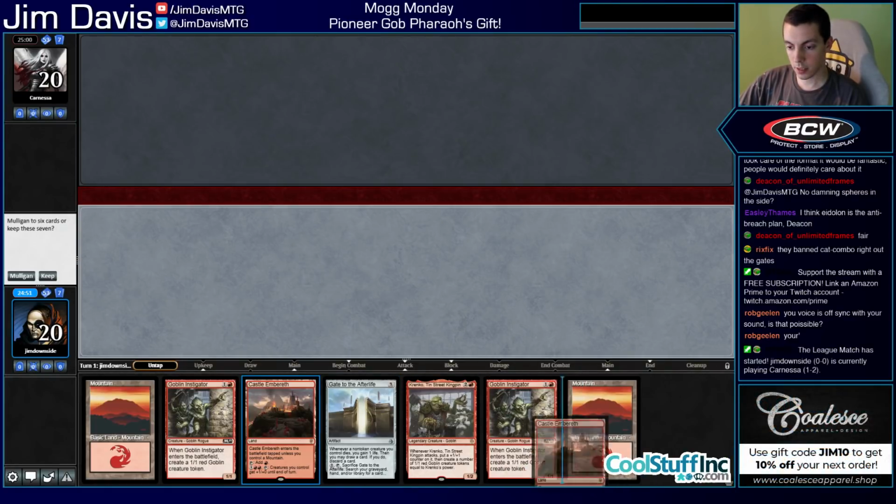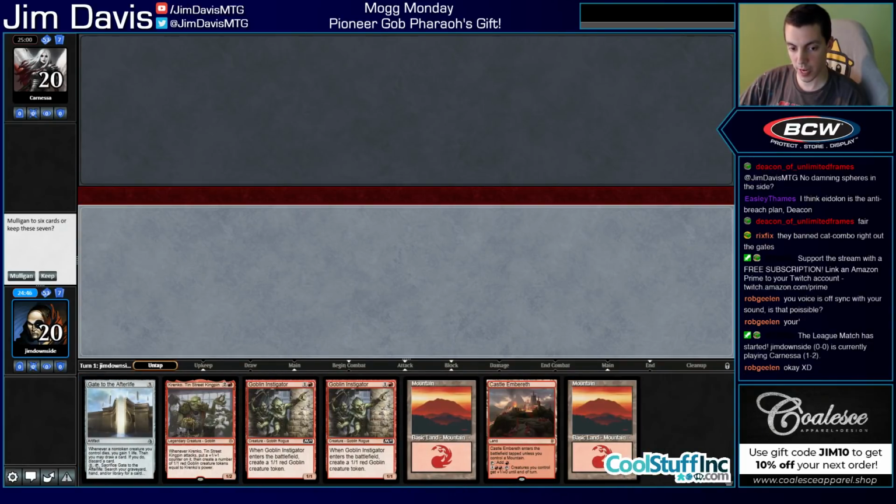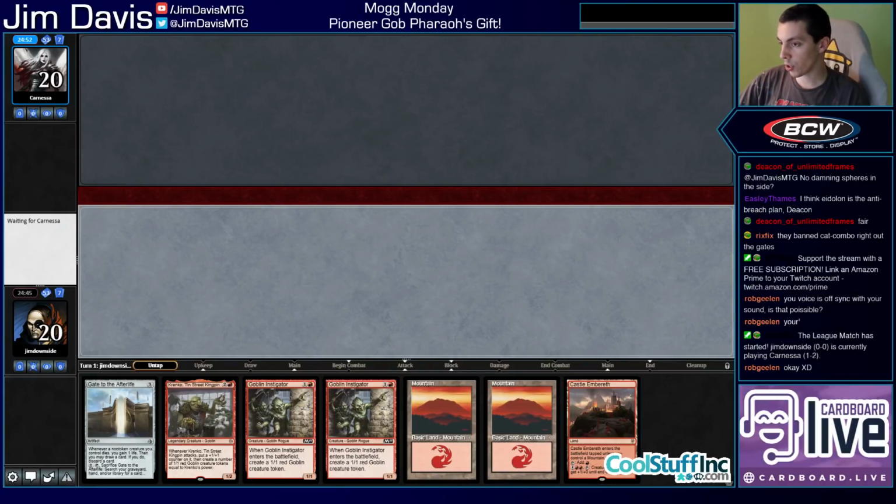Won the die roll. And it is not amazing, but we have Gate. Double Instigator. This is fine, we can keep this. We also have Cranko on the play, which is not great. But yeah, I appreciate the feedback. You know, things are...